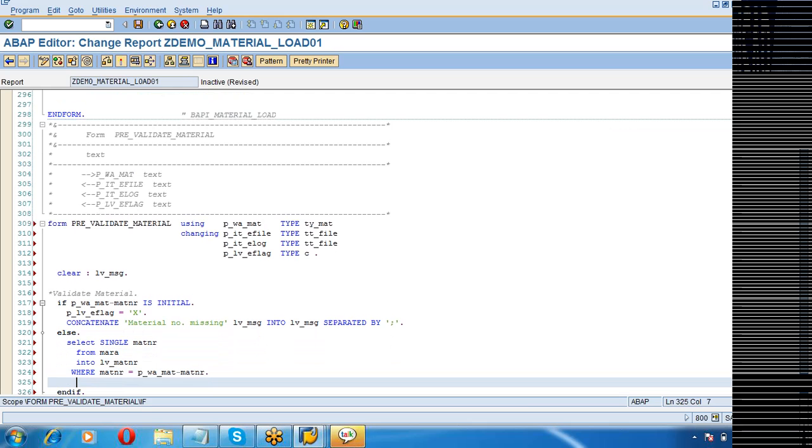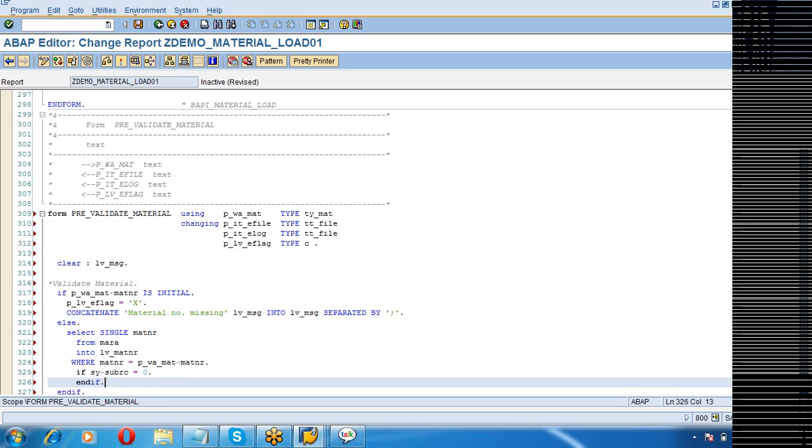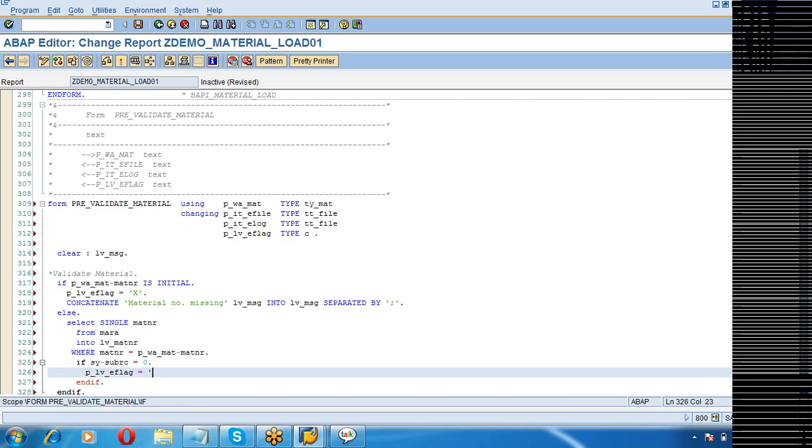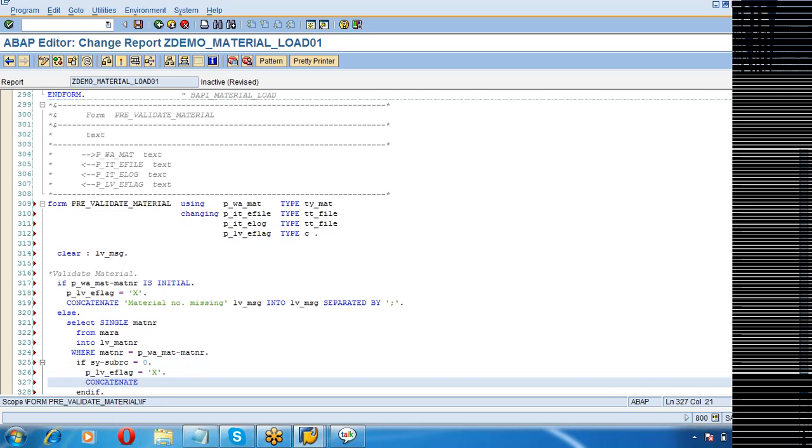If the material number is already existing, that is if sy-subrc is equal to 0, the material is already existing, P_LV_E_flag is equal to X and concatenate